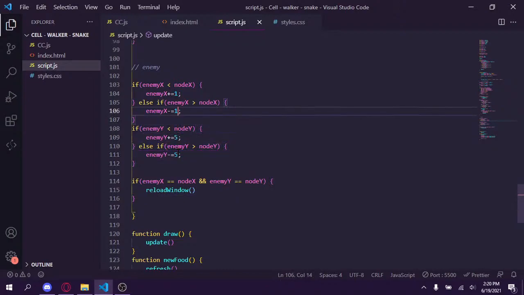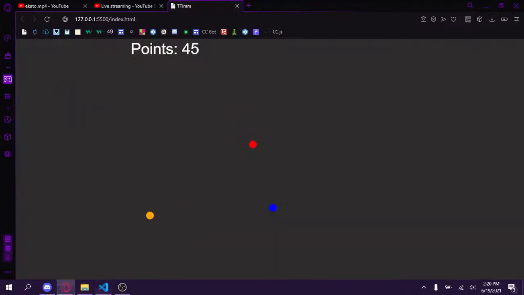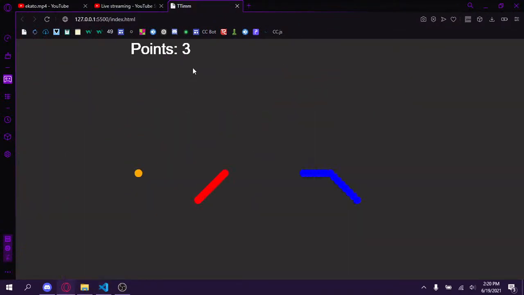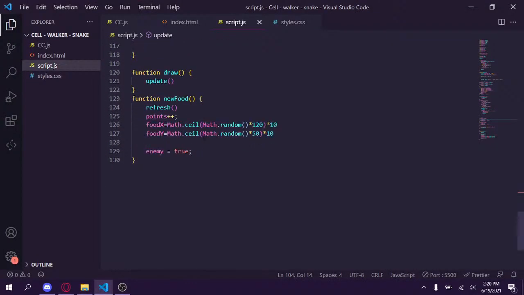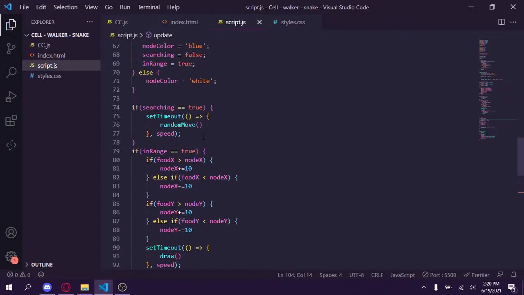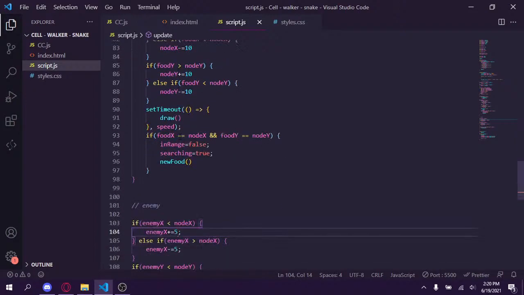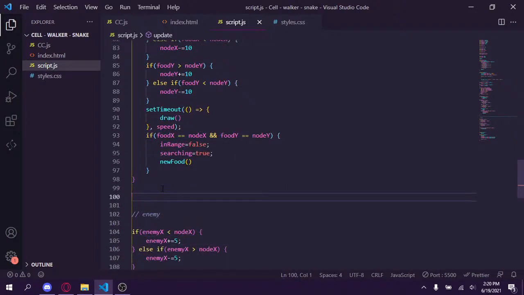Okay, so if I make that 5, as you can see, they go really fast now, and he's dying constantly. So this might be too difficult. So I might be able to make an overwrite function. So if